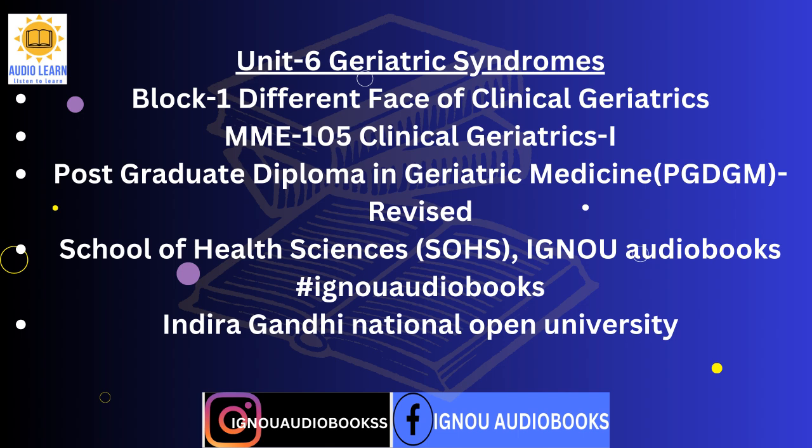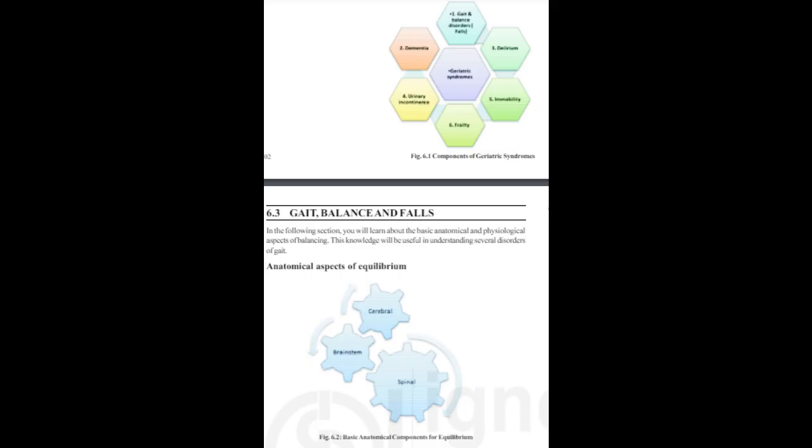6.2 Definition and components of geriatric syndromes. Geriatric syndromes are health conditions common in older persons that result from the accumulated effect of multiple predisposing factors and that may be precipitated by an acute insult. The 6 components mentioned in Fig. 6.1 contribute to the spectrum of geriatric syndromes. A knowledge of these syndromes serves as a useful guide to manage commonly encountered geriatric problems in clinical practice. Fig. 6.1 Components of geriatric syndromes. Look at the screen.